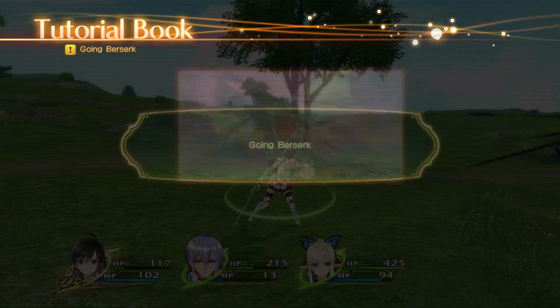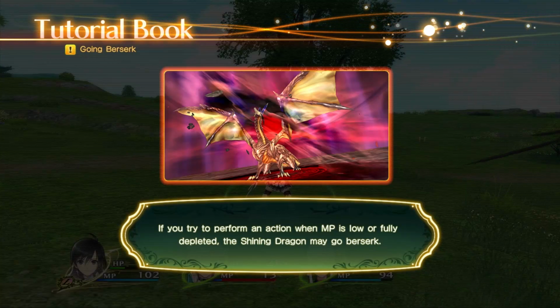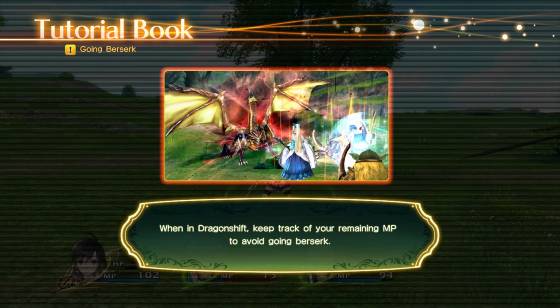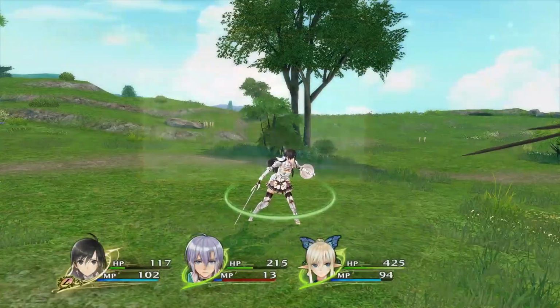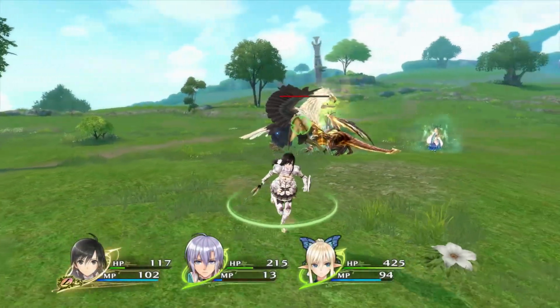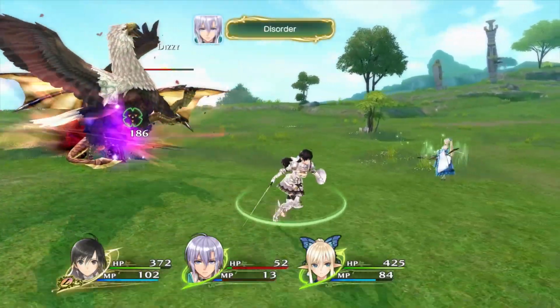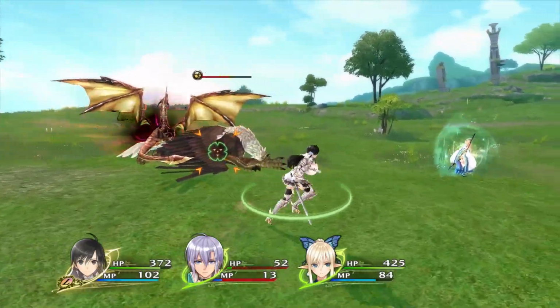When Yuma's MP drops below 50%, there's a chance that he will go berserk, so he will attack randomly like your enemies or even you. And this chance goes up the lower his MP gets. As such, you usually want to press L1 plus R1 again to cancel the transformation and return to human form